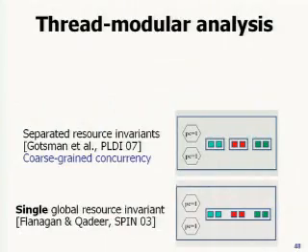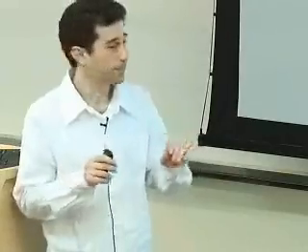But the problem is, this approach works well for programs that have, for example, numerical variables. It doesn't work so well for the heap, because you can think of the heap as just one single global variable. So it tends to be very complicated, and it doesn't buy you too much. Now there's another work by Alexey Gotsman, where he lets you split the heap into a set of disjoint components, and associate a local resource invariant with each one of these separated subheaps. This is a slightly better approach, but the problem is that